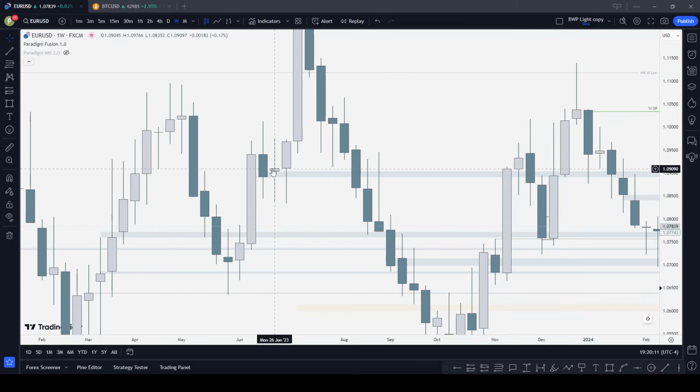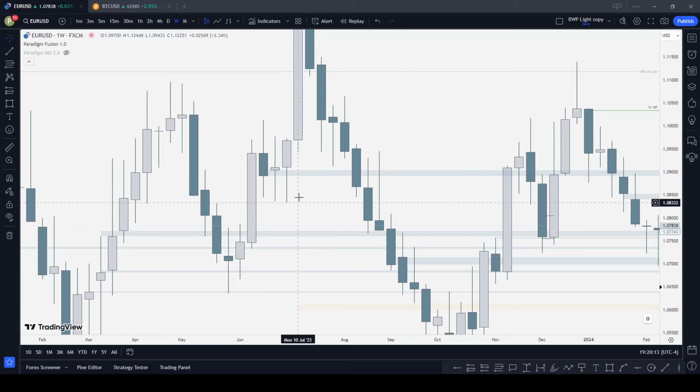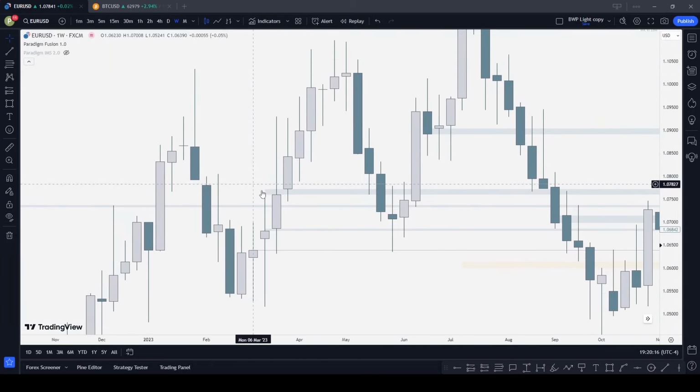Okay, so I use this as an example. I could use this as well. You can see this is a new week opening gap. This has been on my chart for quite a while. Okay, so this is a new week opening gap that formed between the close of this candle and the open of this candle. So this is the close of this candle, this is the open of this candle. So that range in price is a new week opening gap, and